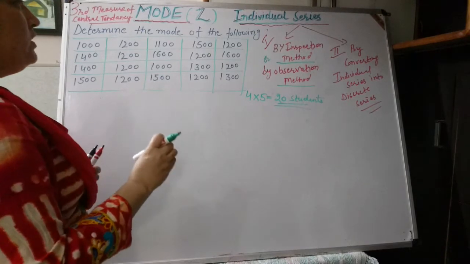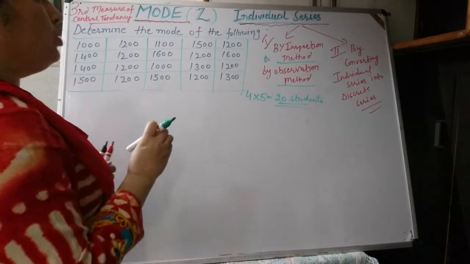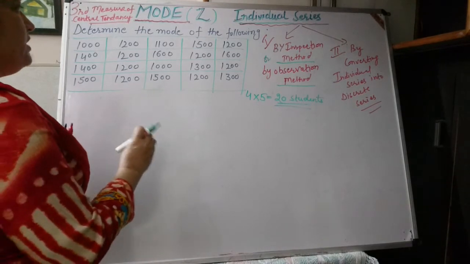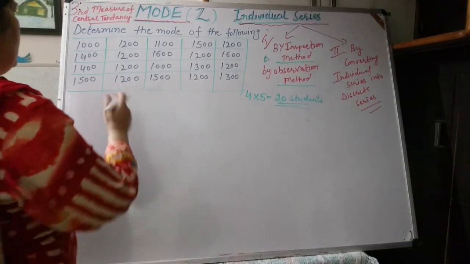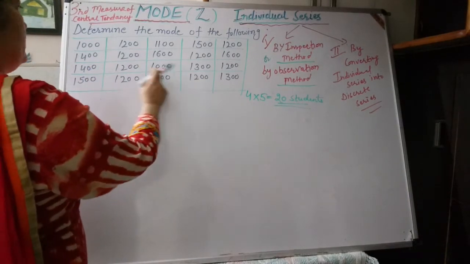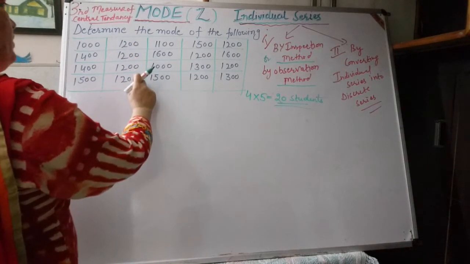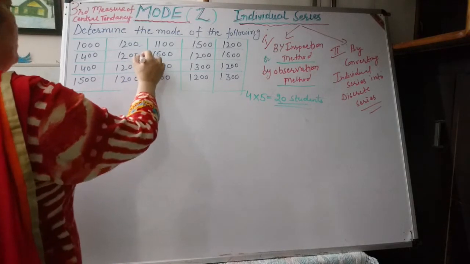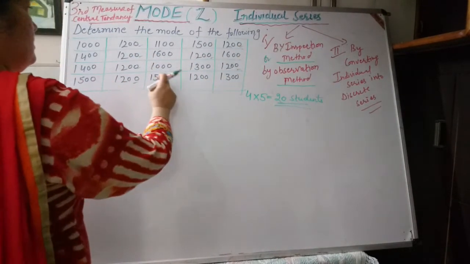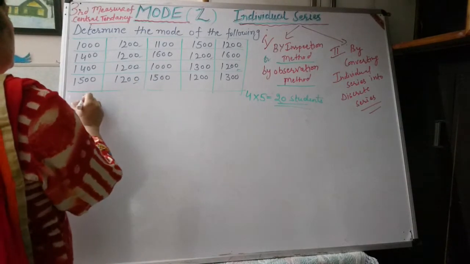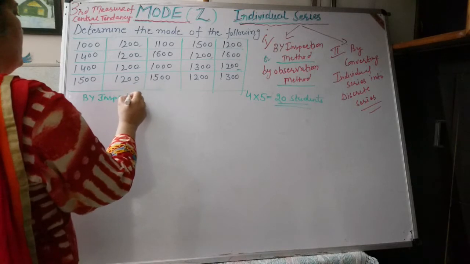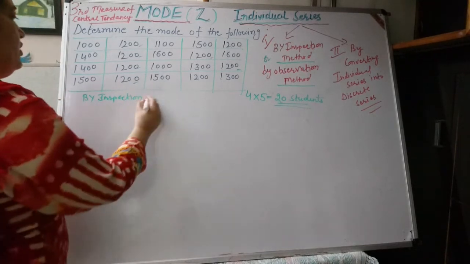Without doing any calculation, by inspection we will observe which is the value which occurs repeatedly maximum times. 1000, 1400, approximately 2 times. I think 1200 is the value. 1 2 3 4 5 6 7, so approximately 12 by inspection. 1200 is the value